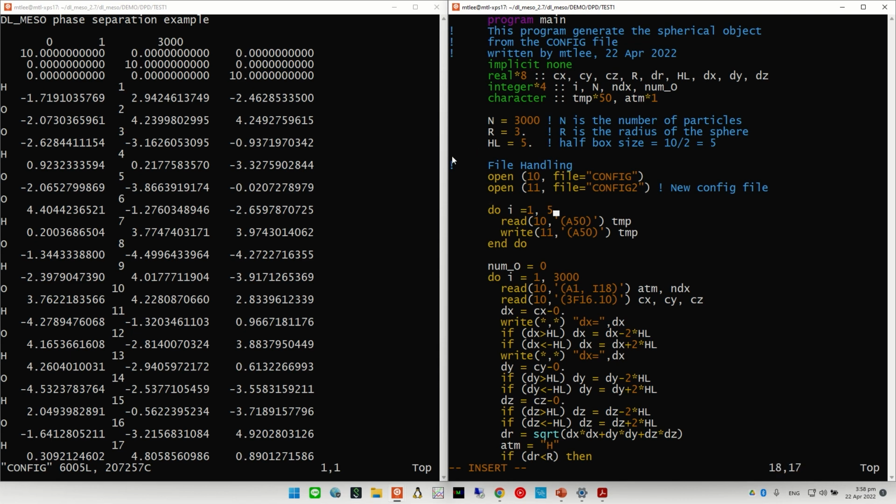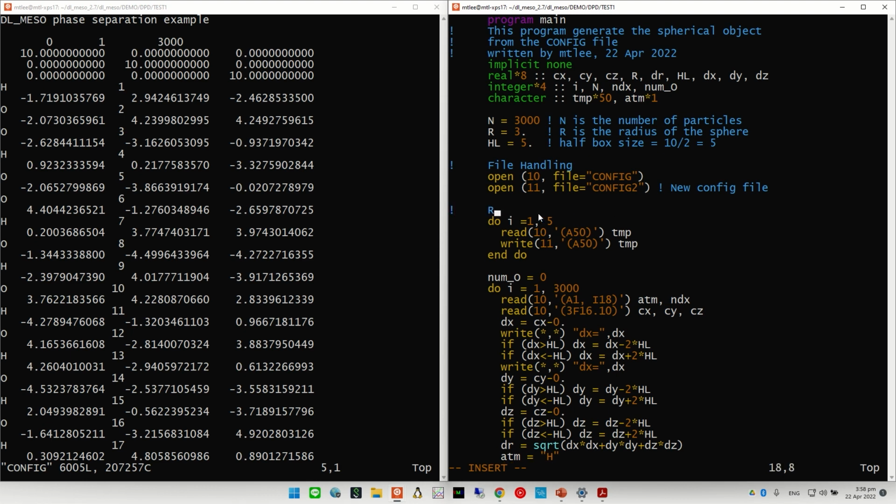And see, I have i from 1 to 5 to read the header. This is line 1, 2, 3, 4, 5: five lines. So this is for reading headers.